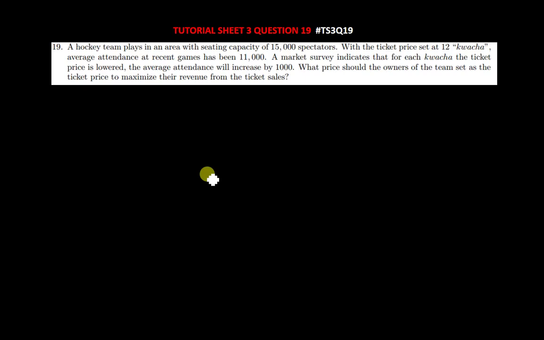A market survey indicates that for each kwacha the ticket price is lowered, the average attendance will increase by 1,000. What price should the owners of the team set as the ticket price to maximize their revenue from the ticket sales? So the first thing that you need to understand is that they are saying for each kwacha,